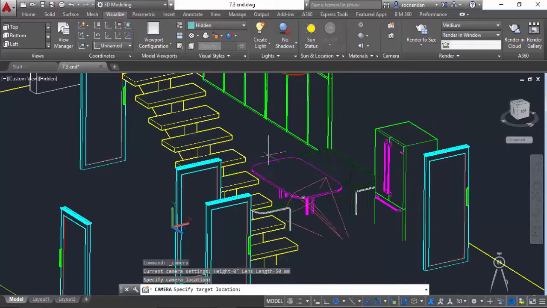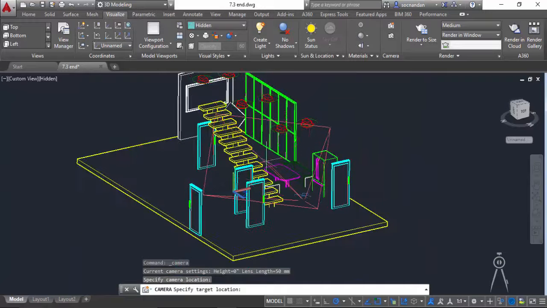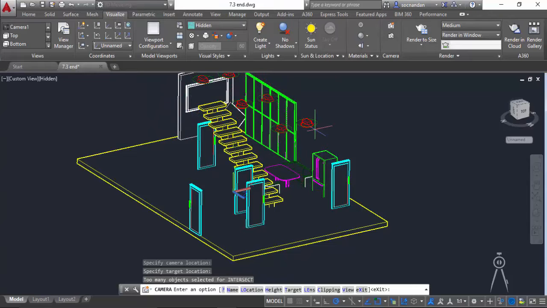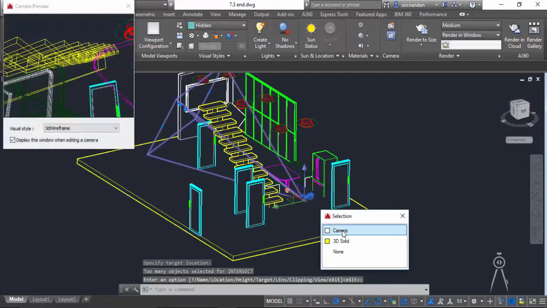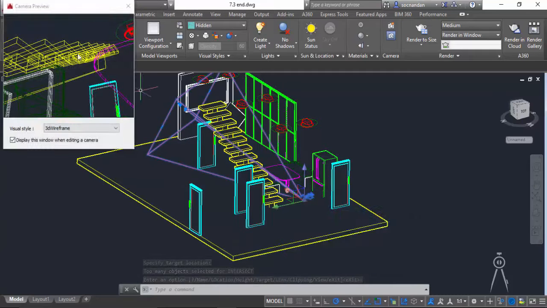Now simply point this camera to its target location, and in this case the target location is this television set. So I'll click at any random point so we can fine tune it later on, so you don't need to worry about being very precise here. Now let's press enter. Okay, now select the camera and you'll be able to see the view from your camera, which is obviously not very good.